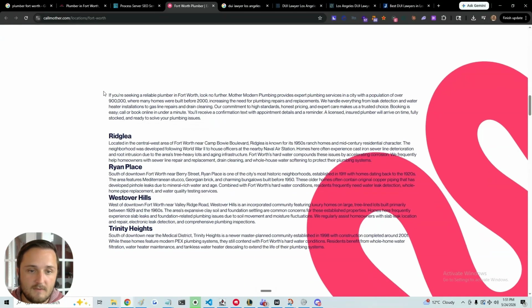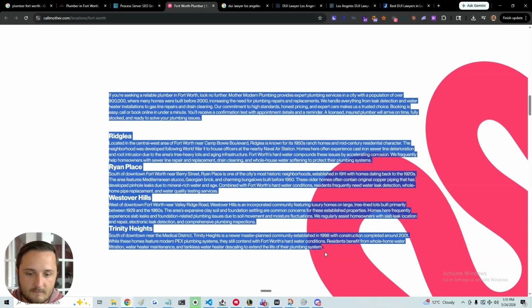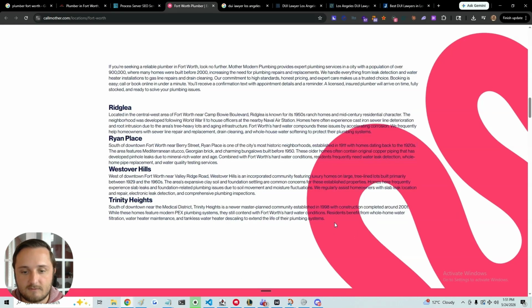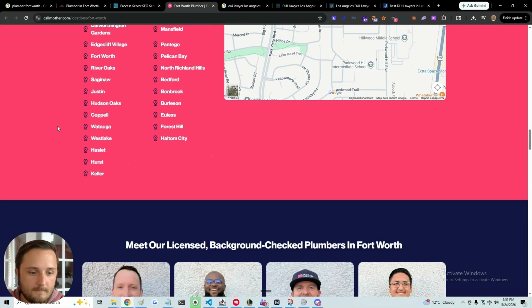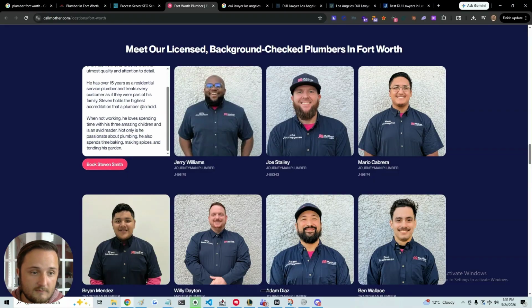And we go down here, and this is kind of what I'm saying is what we would like to avoid: just these giant sections, just a wall of text. I don't want to read this. You don't want to read this. Nobody wants to read that. And then again here, look at this. They have